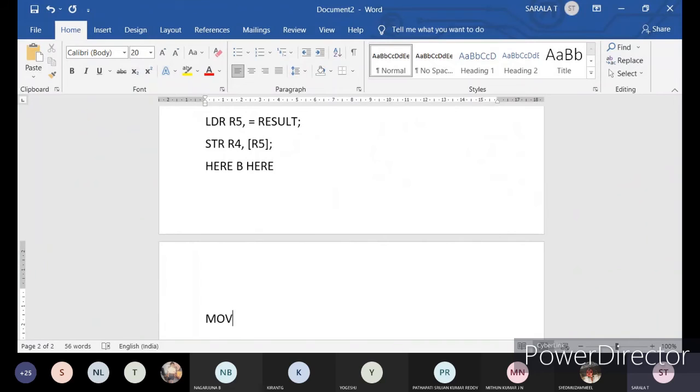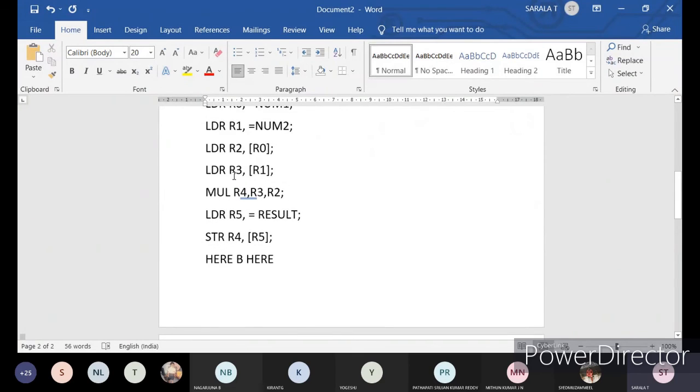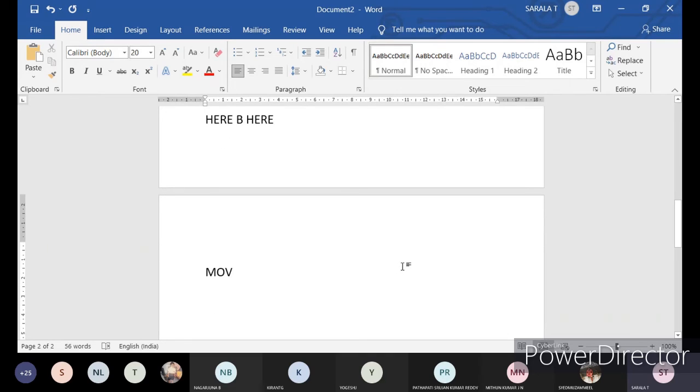Here we are moving. Store and load are related to memory. If you are using the memory sections, memory functions, then you have to go with load and store functions. But if you are using the memory address directly, and if you are using the registers, then you have to use move.